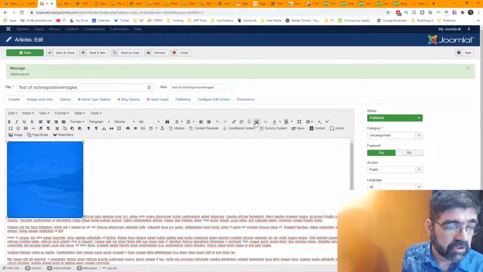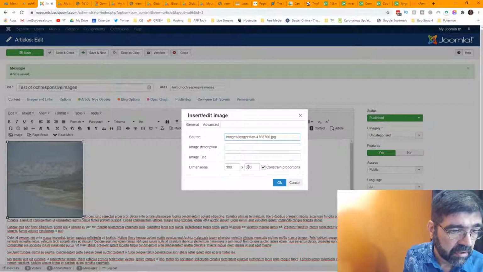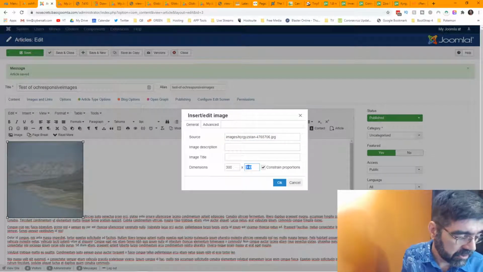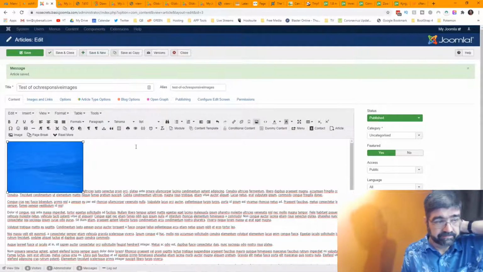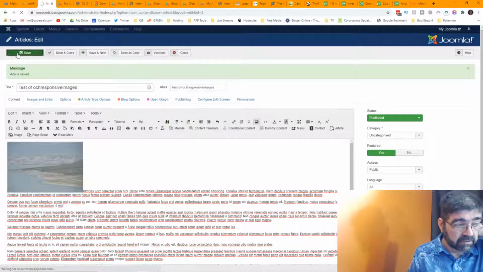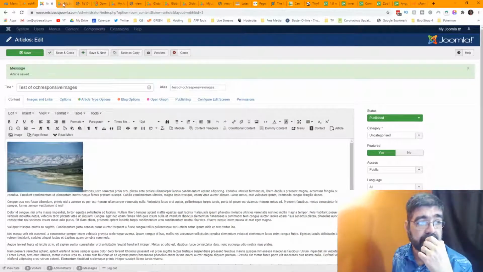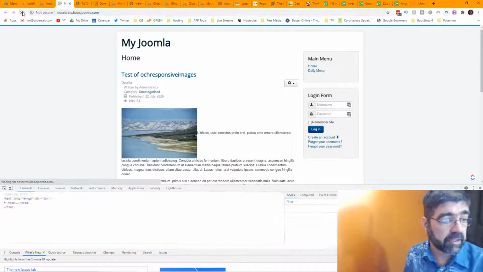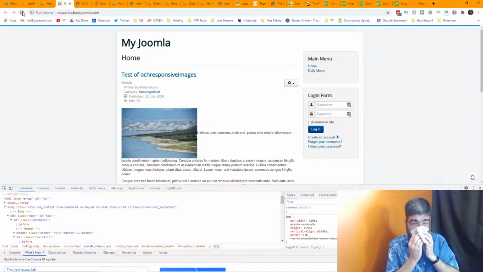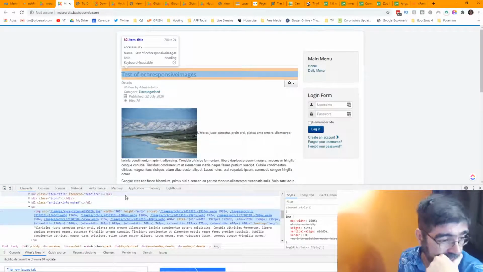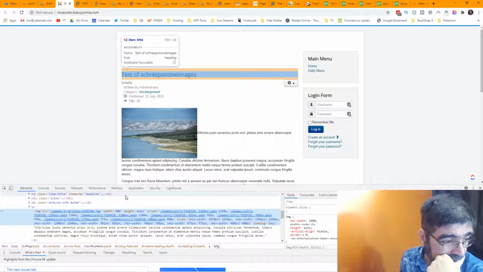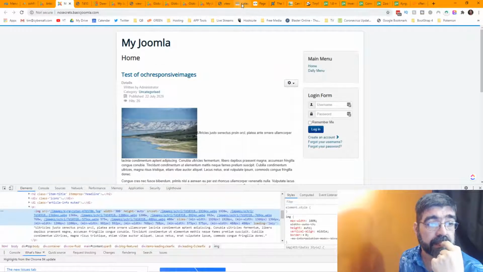Right, so we'll go into the image, see the width and put in auto in there. Vinny, is that what you're saying? I think we'll still end up with... that did change a little bit. But I think we're still going to end up with the